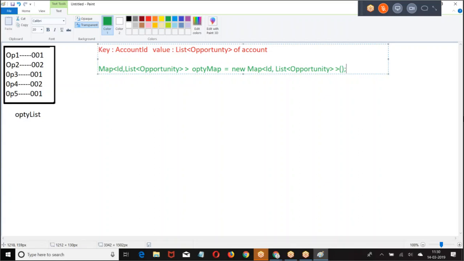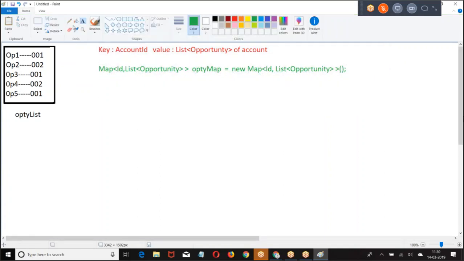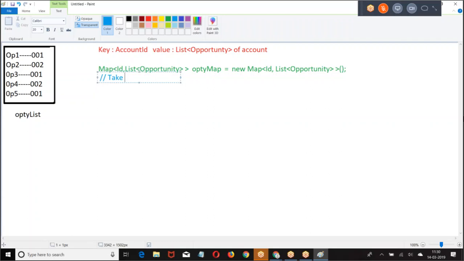This is what we got here. Now, what is the first thing that we are doing? Take a loop. One by one, opportunity from, for opportunity OP.